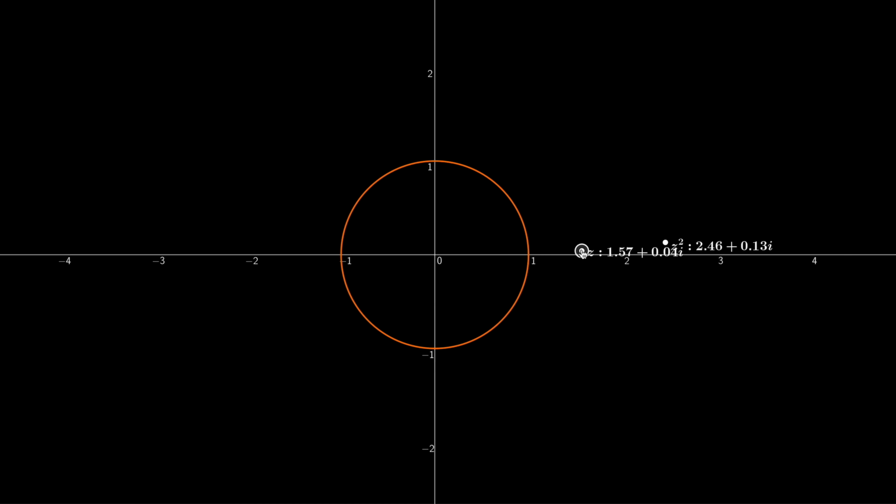You may remember from my previous video about fractals, I showed this GeoGebra file where I can move the complex number z around, and it shows its square, z squared, move accordingly. And one of the fun things we noticed was, if you take z all the way around the unit circle, if you watch z squared, it does 2 laps.